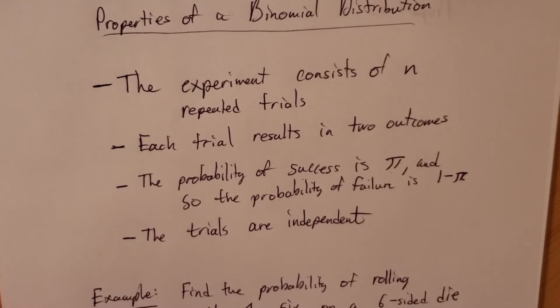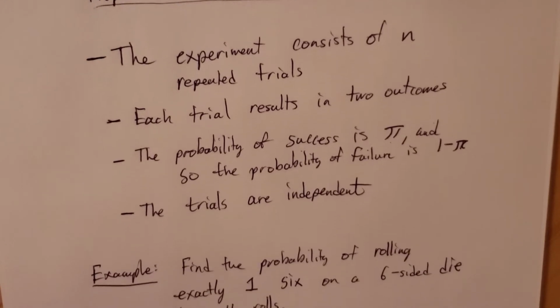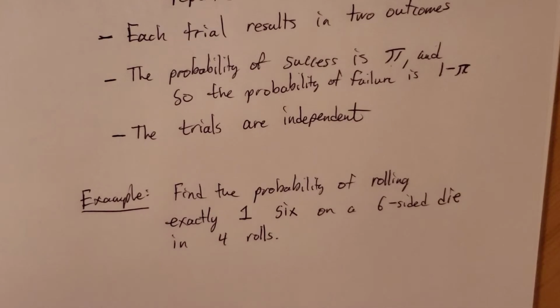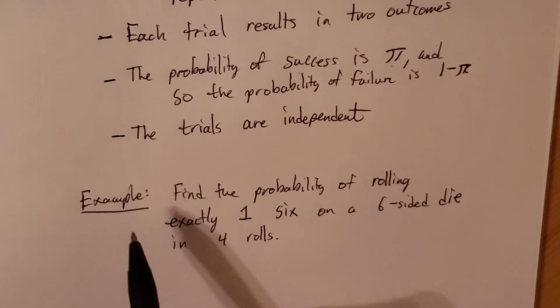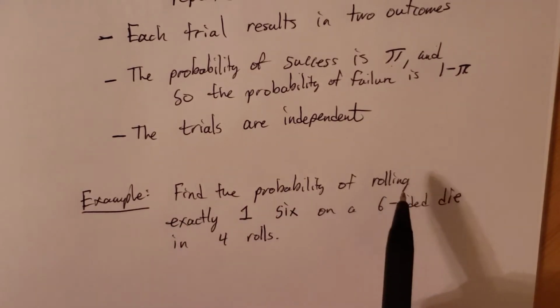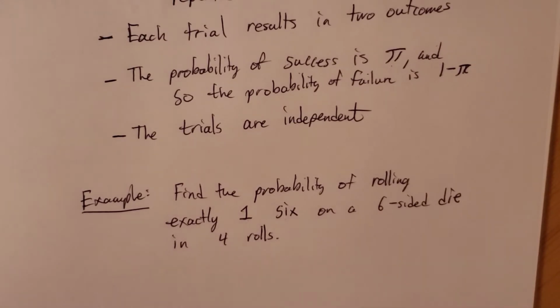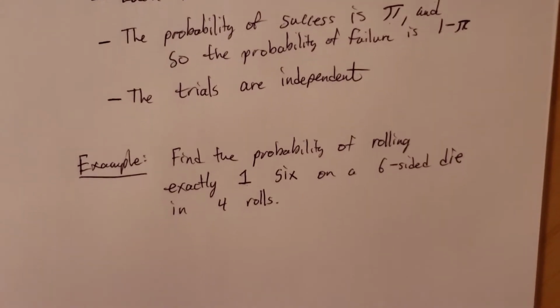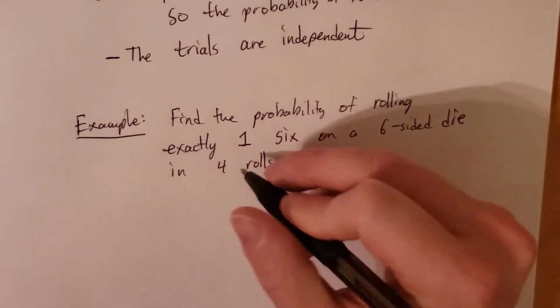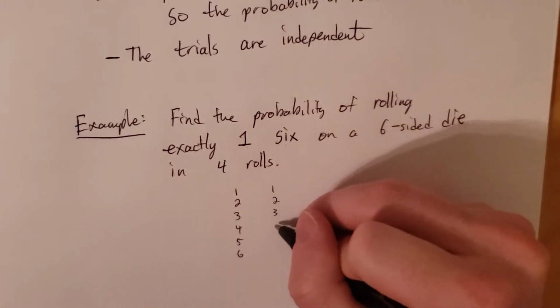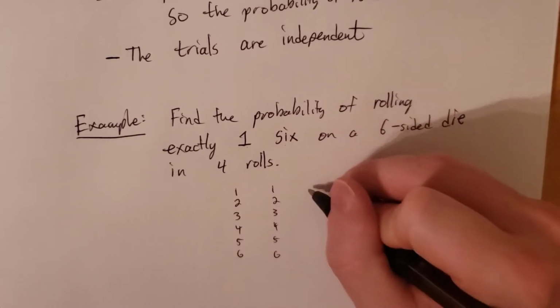And now let's ask a question where a binomial distribution occurs and see what kind of questions we can answer related to this type of object or situation. Okay, so here's our question. Example, let's find the probability of rolling exactly one 6 on a 6-sided die in 4 rolls. And let's see how we could possibly answer that. So if we had 4 dice rolls,